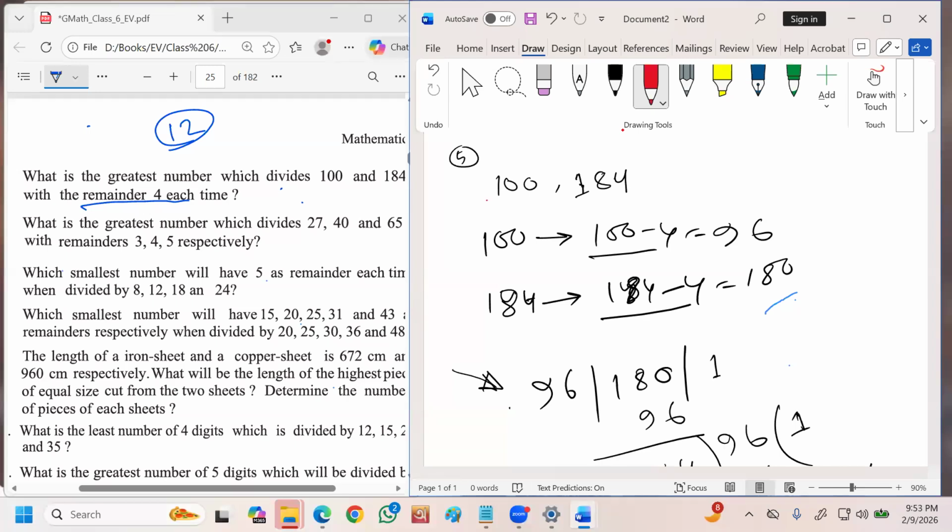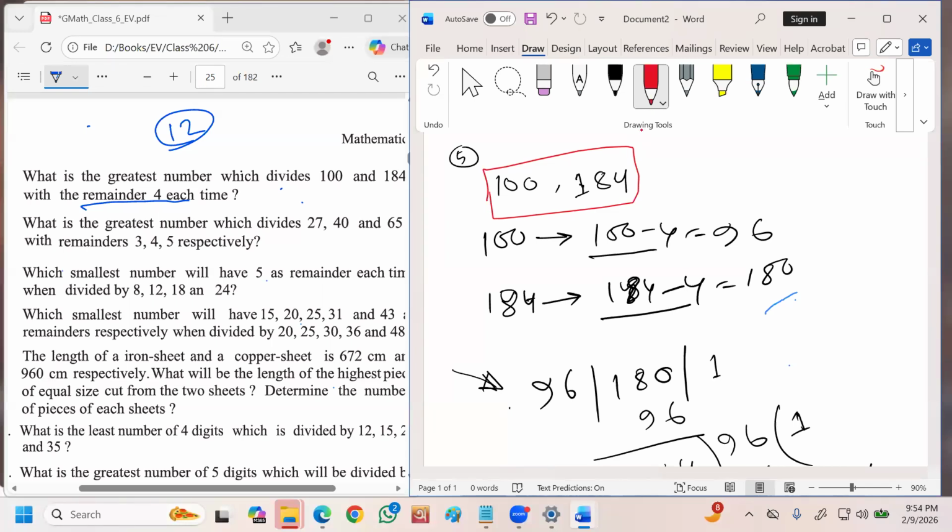এমন একটা নাম্বার আমাদেরকে খুঁজে বের করতে হবে এবং সেটা হবে সবচেয়ে বড় সংখ্যা, যেটা 100 এবং 184 কে ভাগ করবে। ভাগ করার পরেও দেখা যাবে 4 অবশিষ্ট আছে। ঠিক আছে, এটা হচ্ছে আমাদের কোশ্চেন। সো যেহেতু বলা আছে 4 অবশিষ্ট আছে, মানে রিমাইন্ডার 4 আছে, তাহলে আমি কাজ করব প্রথমে